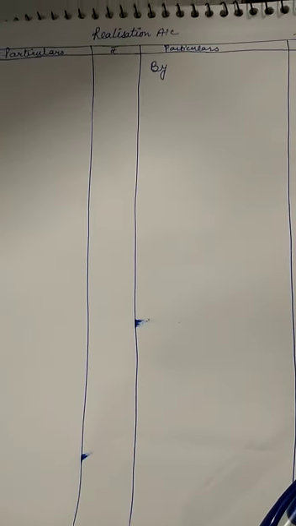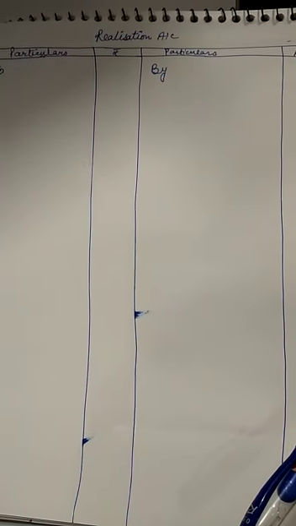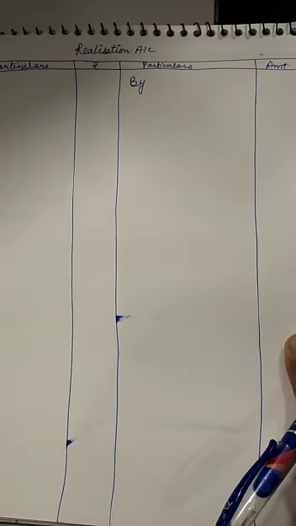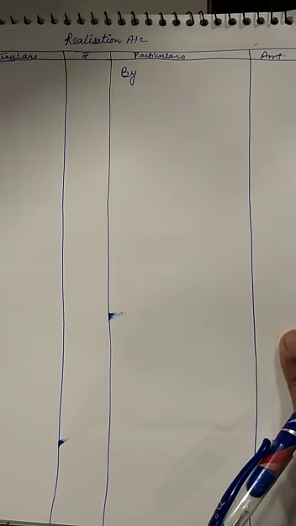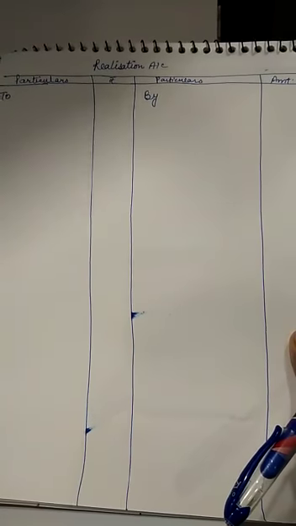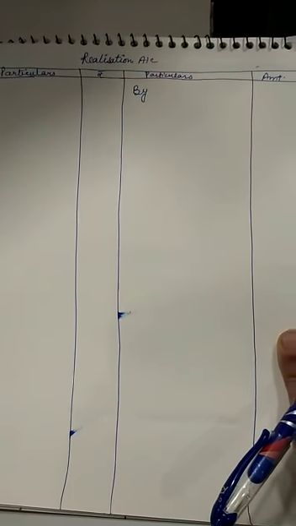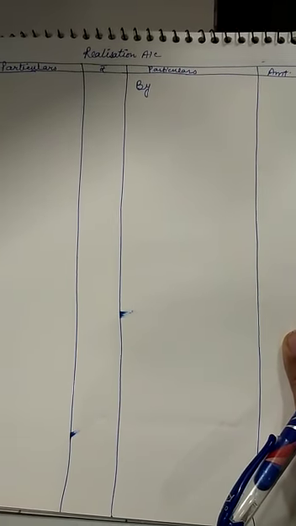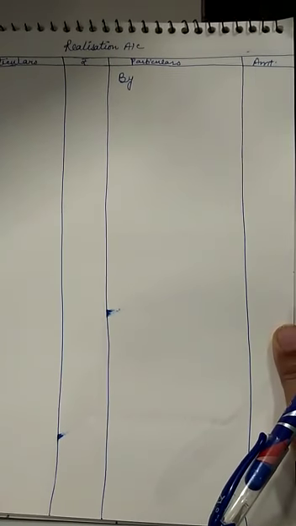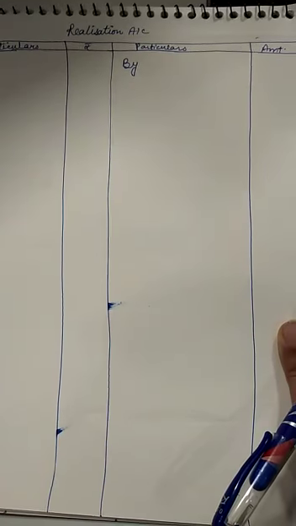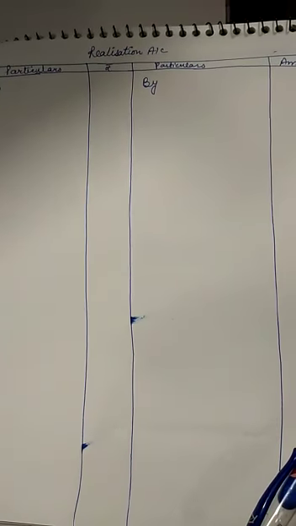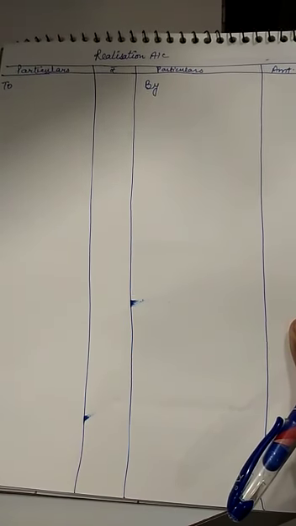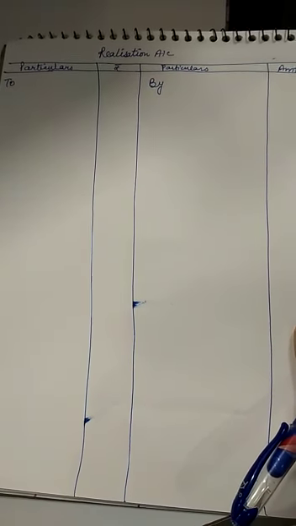Good morning, students. Today we will start learning how to make a realization account. As it is floating on the screen, you have to prepare this kind of format for the preparation of a realization account containing 4 columns. First is particulars, amount of debit side, particulars, amount of credit side. The left hand side will be the debit side, as you know very well. Every account has debit side on the left side and credit side on the right side. The debit side is represented by Dr while the credit side is represented by Cr.